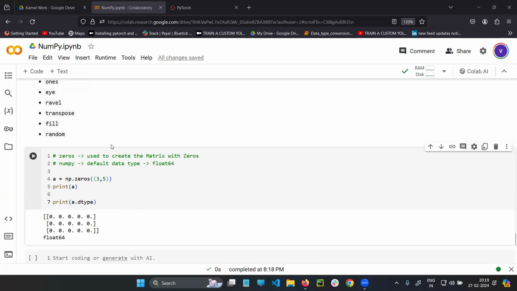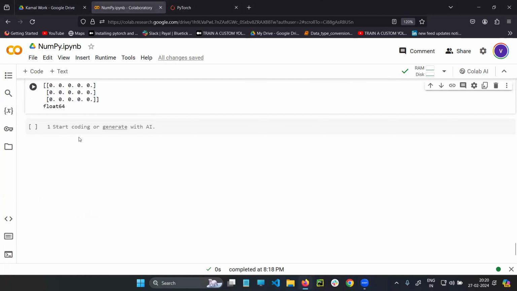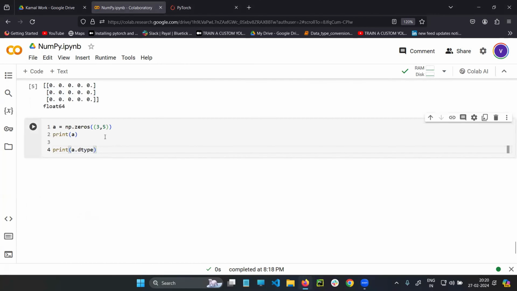So in plain NumPy, what does zeros do? The zeros function will take from the user 3 rows and 5 columns, and everything will be filled with zeros only. Here you need to understand one more point. If I copy it and paste it here,